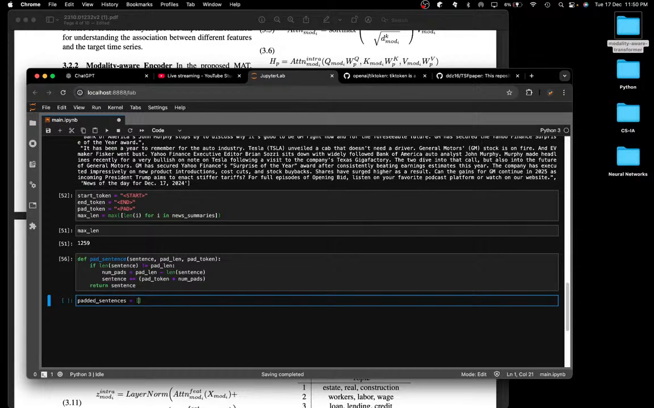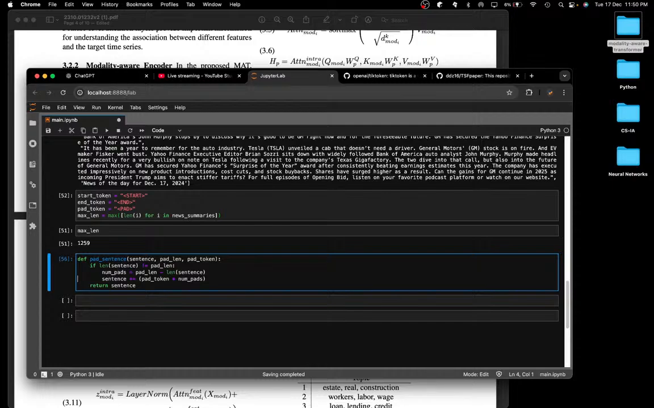and we can just say pad sentence, and we also need to do a couple of other things, right? I don't just want to pad it, I also want to add the special tokens to it, because even that's kind of important. So what we can do is something like this: start token and end token,